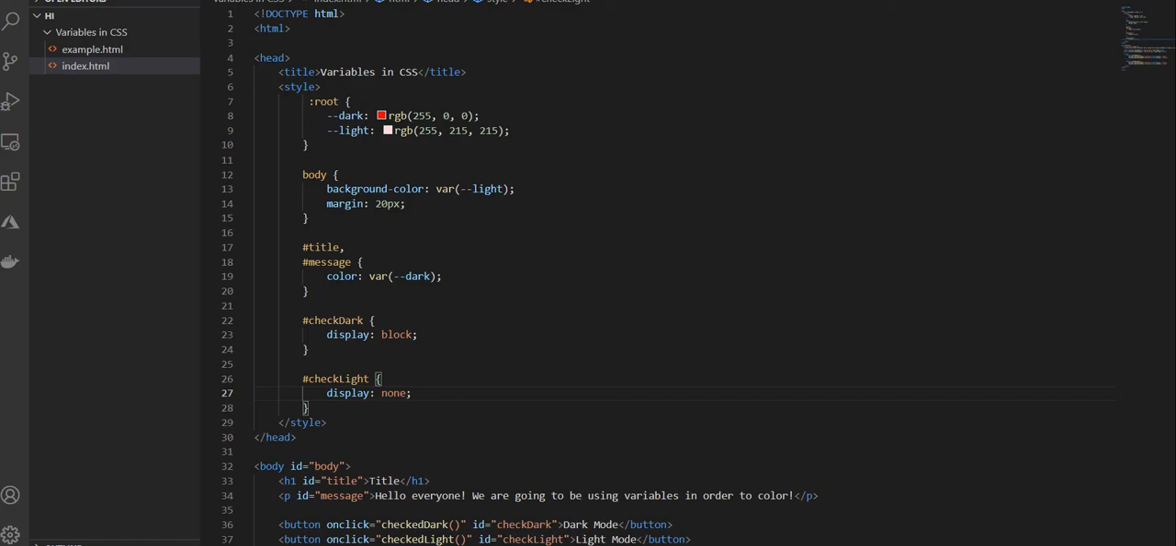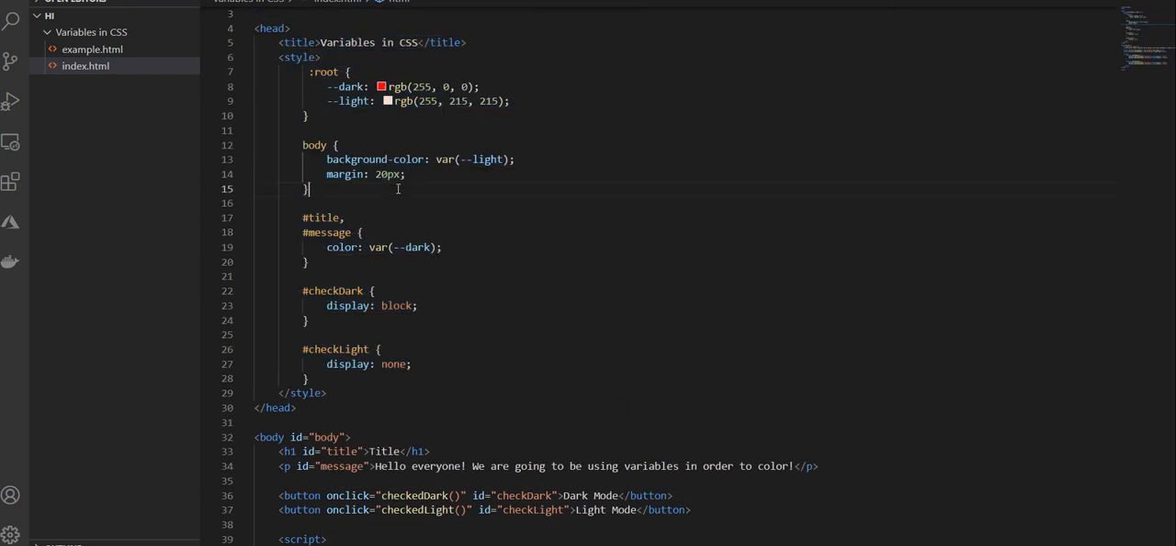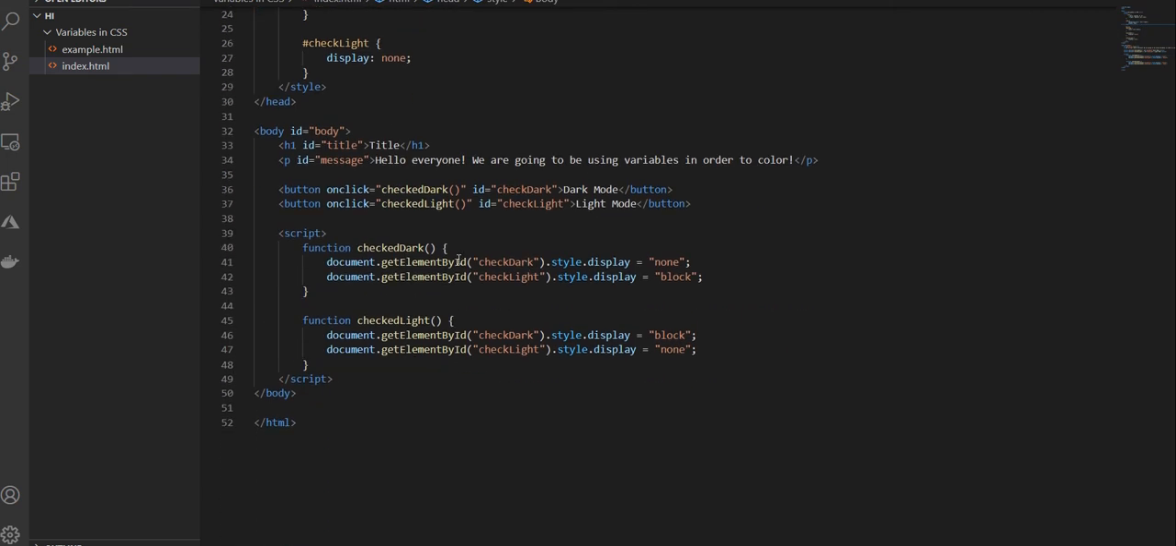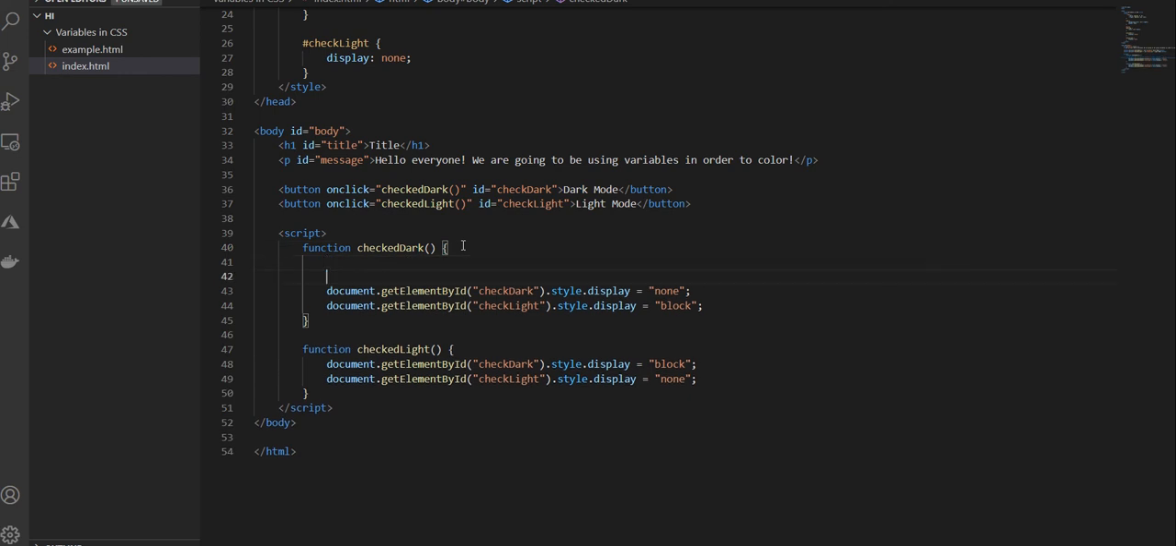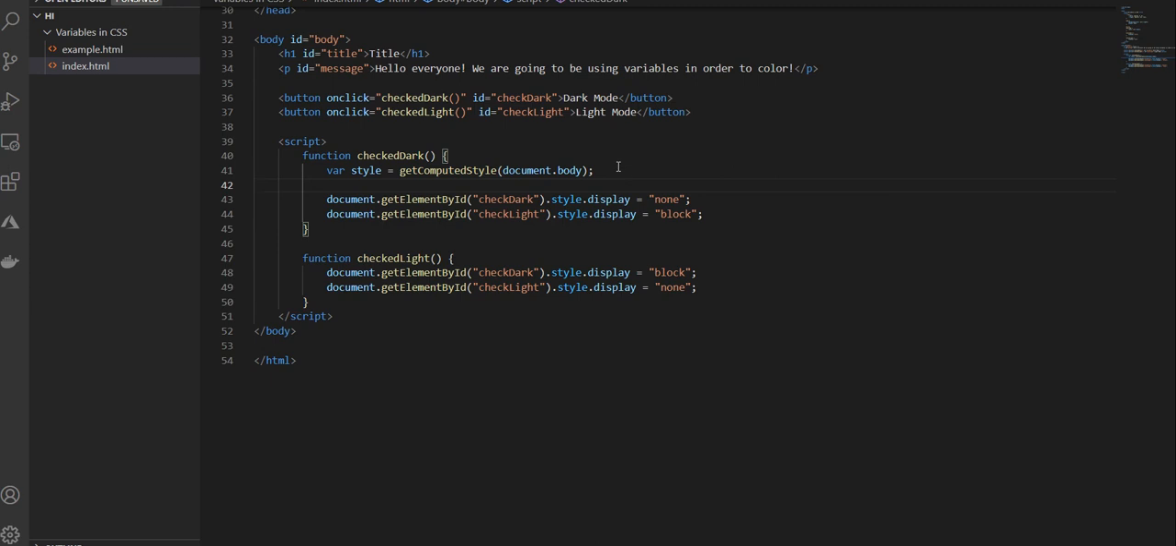But we also want the colors to be switching. So in order to do that, we need to get the style to access the variables. So we need to create a variable to access the variables. In order to do this, we need to do var style, which is just our name, and we're going to get computed style of document.body. What this will do is grab all these variables for us so that we can use them inside our